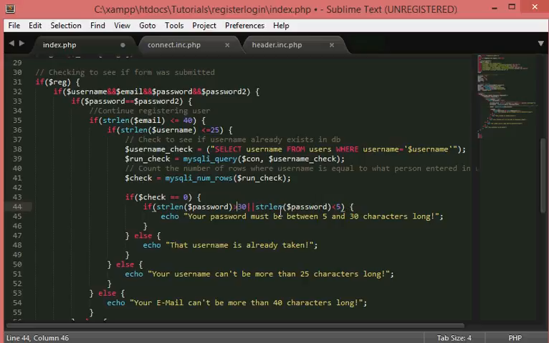If it's greater than 30 or if it's less than 5, we'll say your password must be between 5 and 30 characters long. Well, actually, we'll say if it's less than or equal to 30. No, that wouldn't work because we're using the or thing instead of and. Yeah, no, I had it right. I'm sorry. Else,